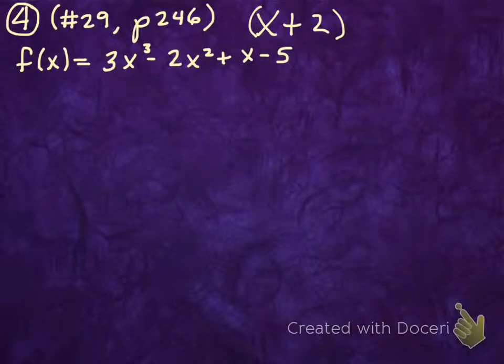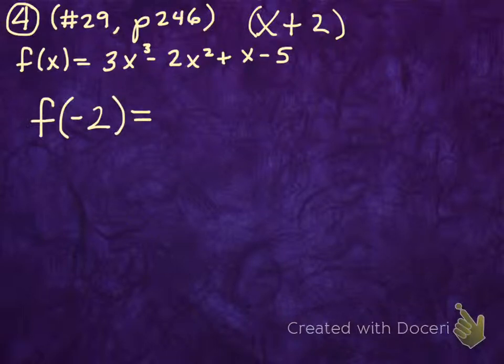On number 4 from the BAT list, we are to use the remainder theorem to determine what the remainder would be if we divided f of x by x plus 2. So remember, that means that we substitute into the function, that's what the remainder theorem tells us, we substitute into the function the value of x that makes our factor 0, or in other words, the 0 of our factor, which in this case would be -2, and then we get 3 times -2 cubed